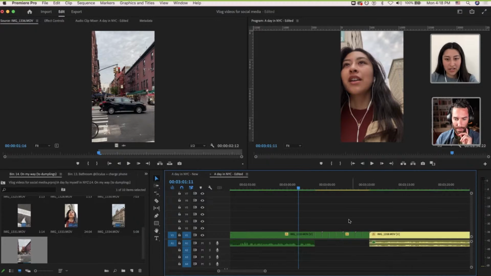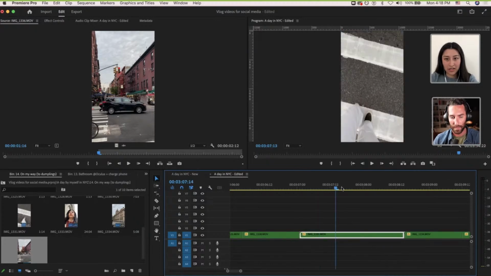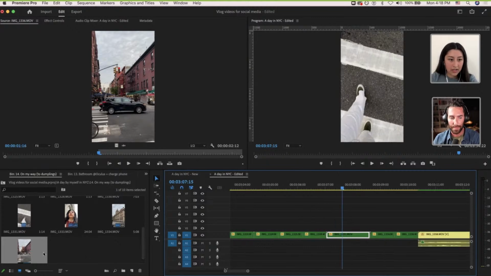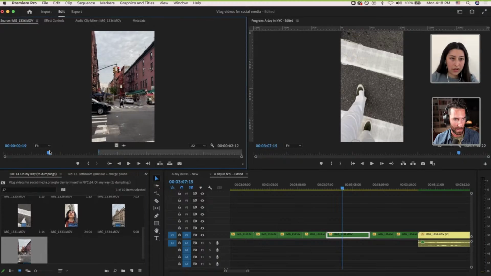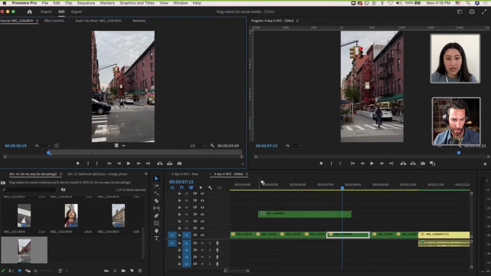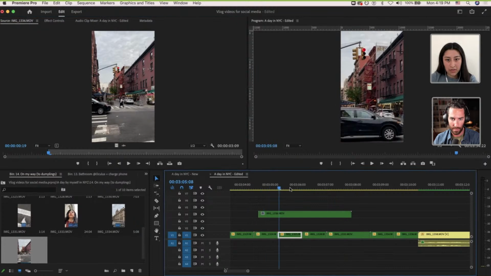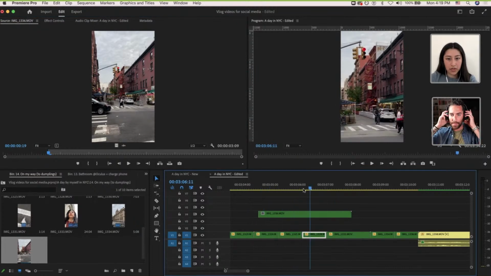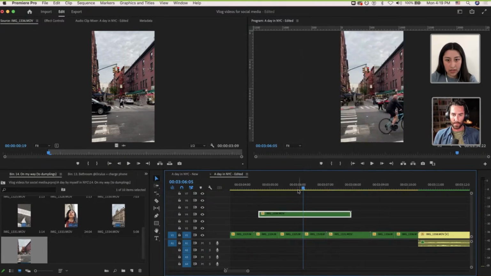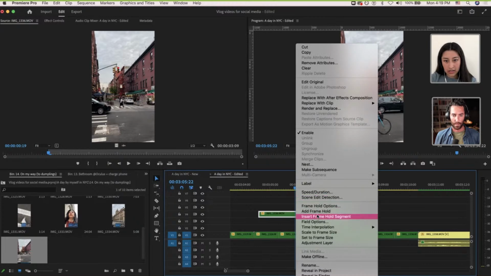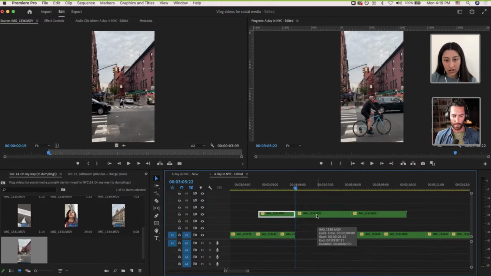Yes, for sure. So let's try to do it here. Let's do it here on this bike footage. I thought it was kind of cool. Yes, so maybe we have to choose where you want to freeze it first. There you go. We want the guy right in the middle. We want to freeze it here, right click, insert frame hold. And it's gonna do this thing, which is kind of like just a picture, but